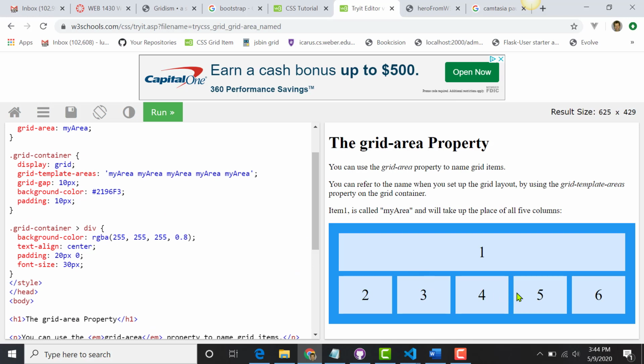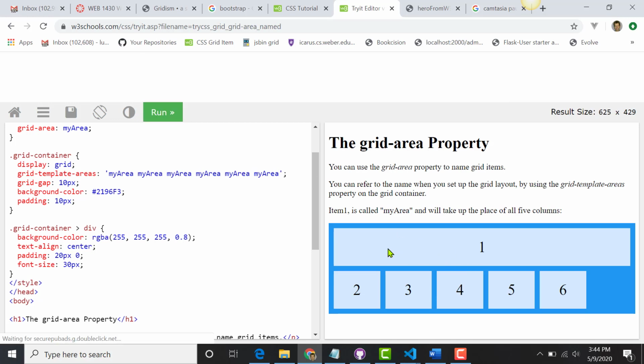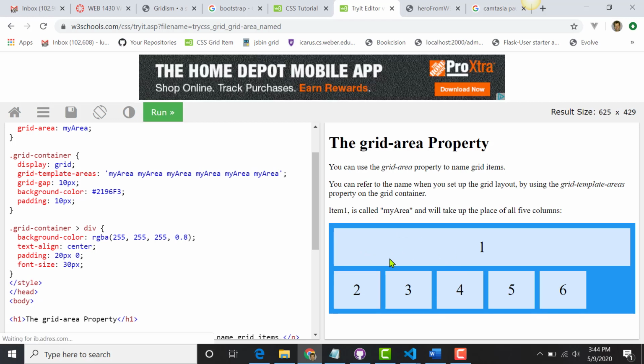To get a better sense of how the grid works, let's first make the grid 6 columns instead of 5. So all we need to do here is put another my area in here, like so, and run it again. And now you get that first div spanning 6 columns, and then because there's only 5 left, they come to here, and this one's empty. And notice too that the remaining divs have just sort of rearranged themselves under the 6 columns,